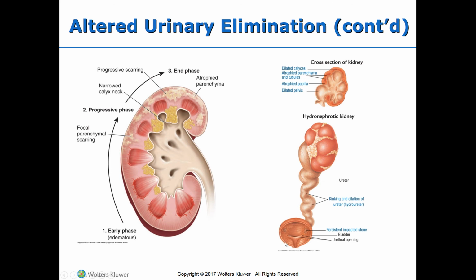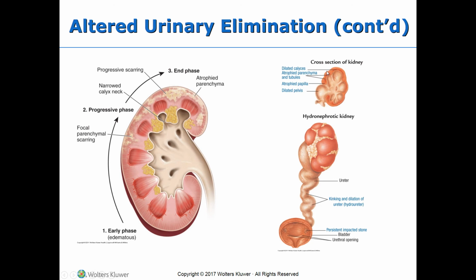So if you have here an impacted stone at the entry of this ureter towards this urinary bladder, you have the kidneys, as they are producing the urine, they will have no urine coming on this side. In the case of this side it is left. So you have accumulation of urine inside the ureter, and then this pressure keeps building up in the ureter, keeps going up into the kidneys, starts distorting the pelvis. So this will be a dilated pelvis, and then it starts distorting the